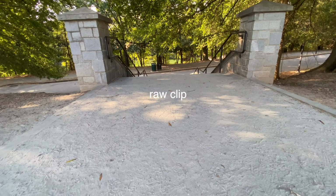Alright, so we have a nice little area right here. Ooh, that's too bright. But we're gonna get right up on that bridge right there, and with another probably on the wide, because it looks super